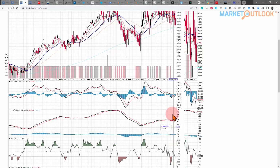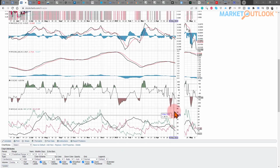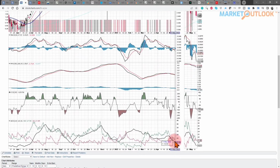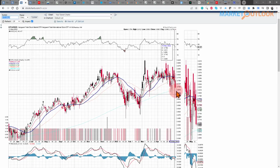So it remains to be seen whether or not the MACD is just turning negative, still pointed lower. But over here you had a pretty decent bearish move. The ADX rallied. The ADX is actually still falling below 15, so we haven't really broken out to a new trend yet on this. But you can see how it's susceptible to that for, again, like I said, international stocks